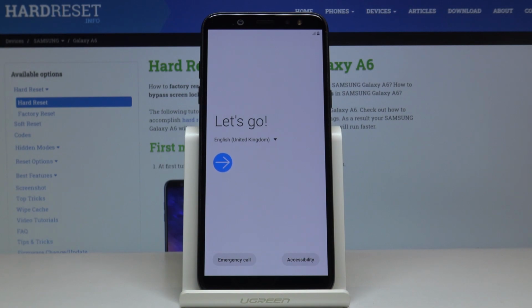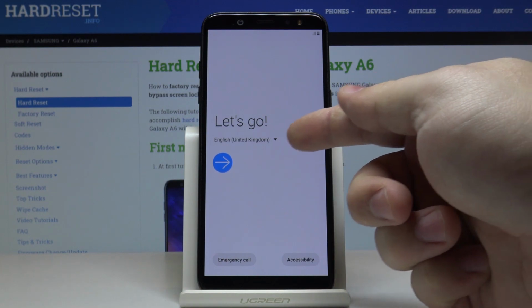Hi, in front of me I have Samsung Galaxy A6 and I'm gonna show you how to perform the first setup on this device. Let's start by selecting the language, and to do it we need to tap right here